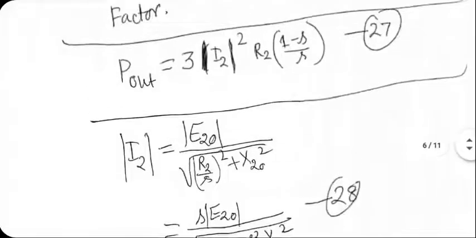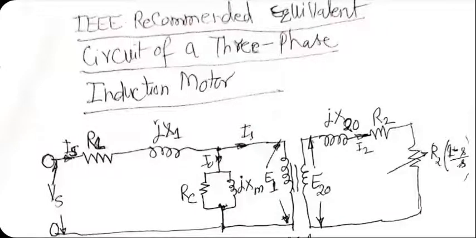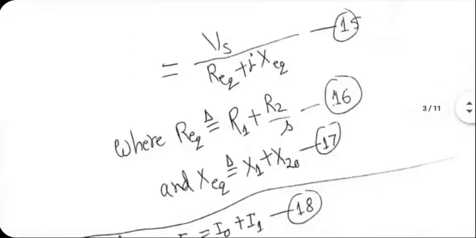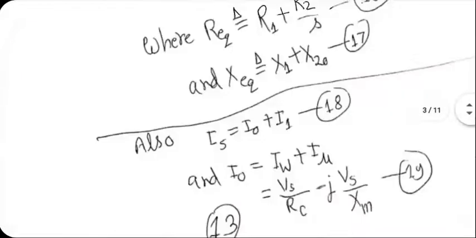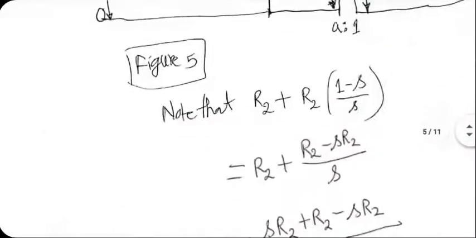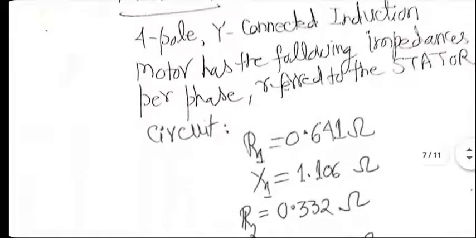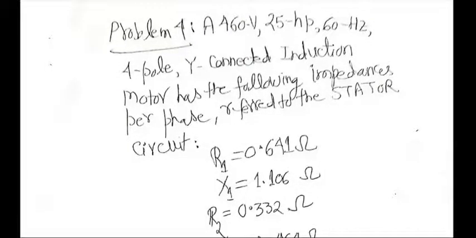And this equivalent circuit that IEEE shows is actually not referred to the stator. This is showing both rotor and stator side. The one I had shown previously is primarily, in fact, it's fully referred to the stator. But anyway, not a big issue. We will still be able to do the calculations. I'll show you how. R1, that means the resistance of the stator winding is 0.641 ohm per phase, of course. The stator winding reactance is 1.106 ohm per phase.